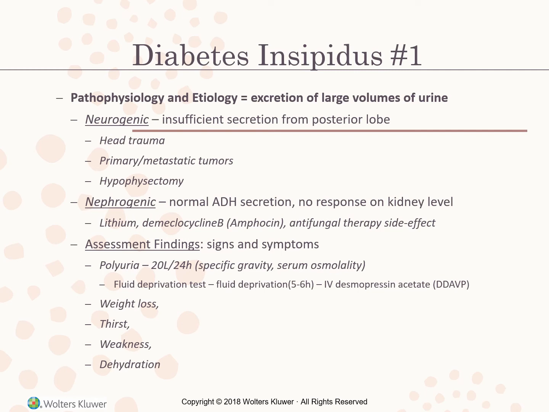Diabetes insipidus is a disorder characterized by the excretion of extremely large volumes of urine. So there are two. Neurogenic or central diabetes insipidus develops when there is insufficient antidiuretic hormone, which is also known as vasopressin. A second type is called nephrogenic diabetes insipidus, and both have identical symptoms, but the difference with nephrogenic diabetes insipidus is that the secretion of antidiuretic hormone is normal, but the receptors in the renal tubules will either partially or completely fail to respond to the hormone.